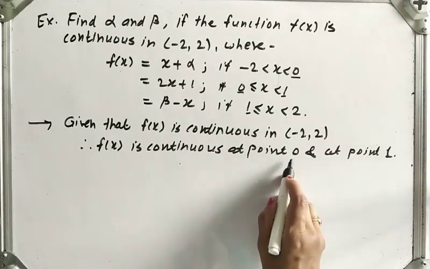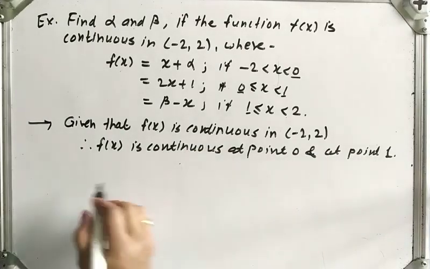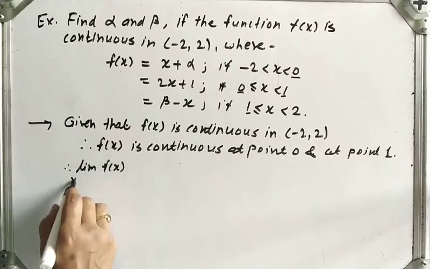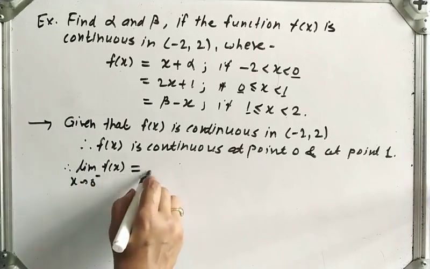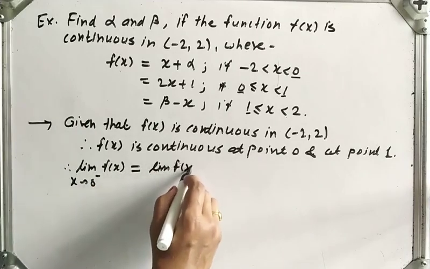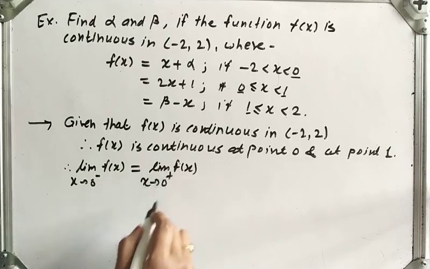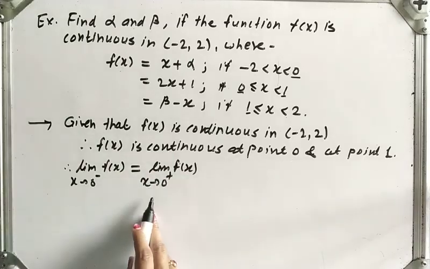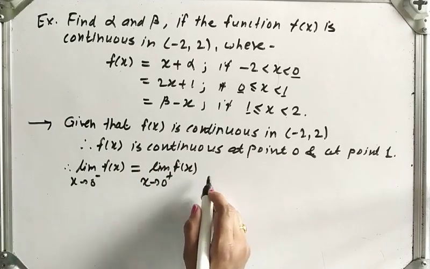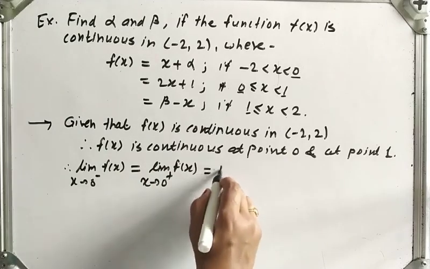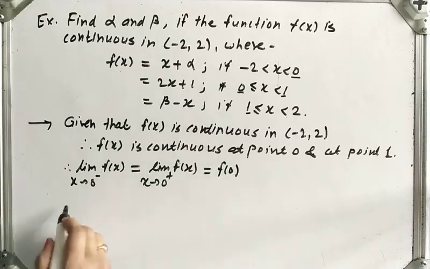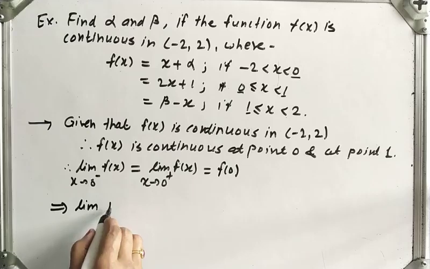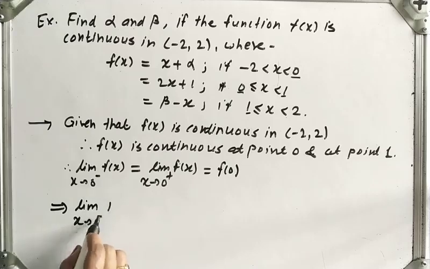Now it is continuous at point 0, therefore we can write limit of f(x) as x tends to 0 minus is the same as limit of f(x) as x tends to 0 plus. Function is continuous at 0, therefore left hand limit is equal to right hand limit is equal to f(0). So this implies limit of f(x) as x tends to 0 minus,